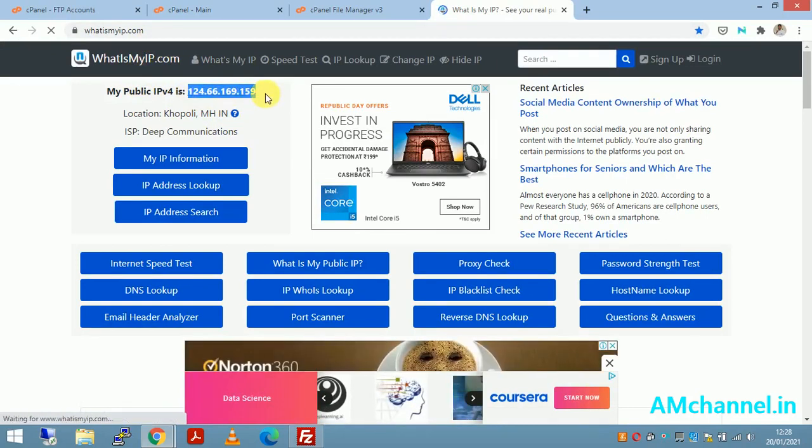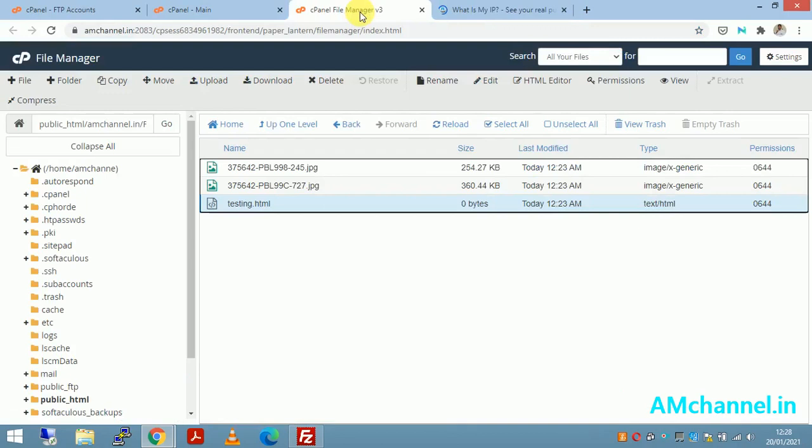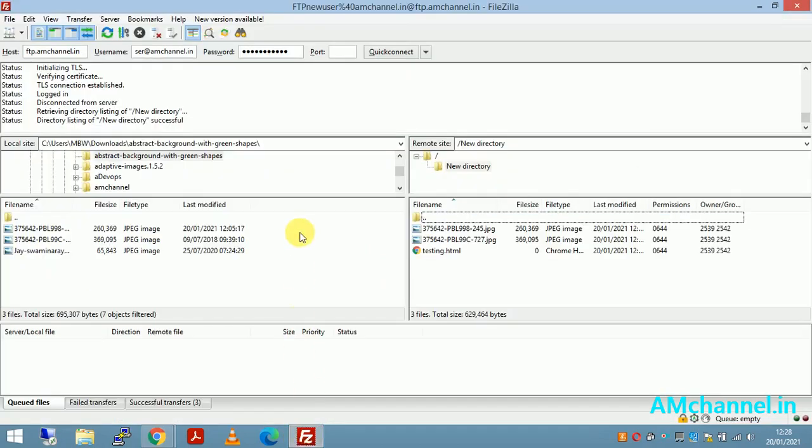What you have to do is share this IP with your service provider or server provider and ask them to allow FTP access for your website or for your account, so that they can add it in the FTP service, or allow that IP on the server side, so that you can connect to the server. Or if you have any problems connecting, just take a screenshot of the error you are facing and share it with your service vendor, so that they can help you.